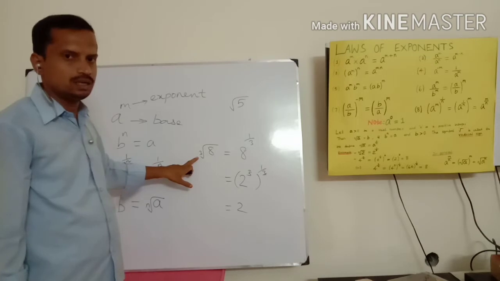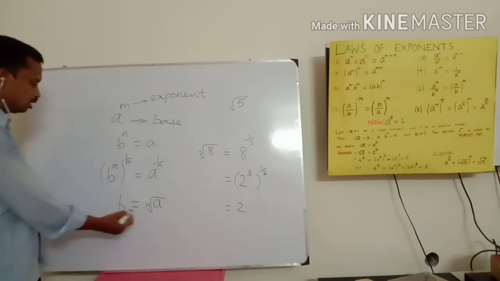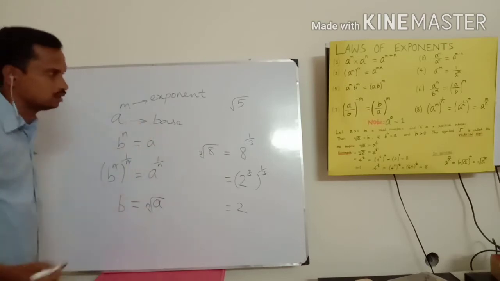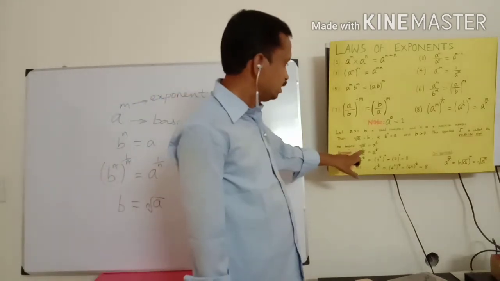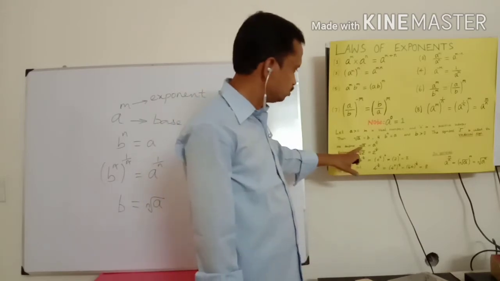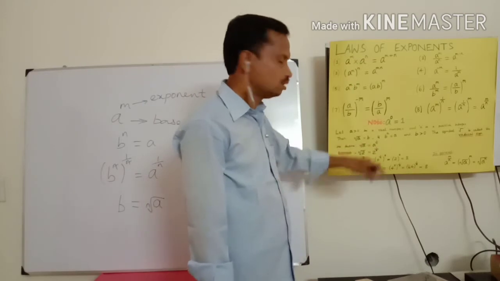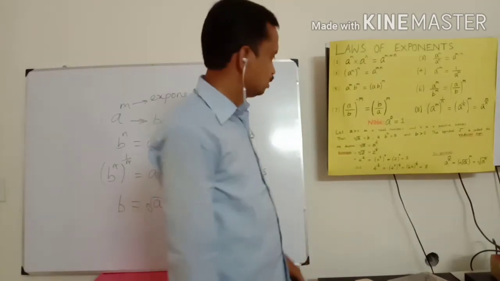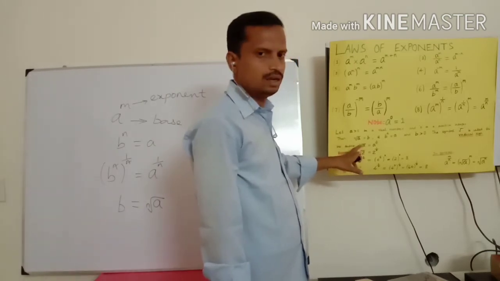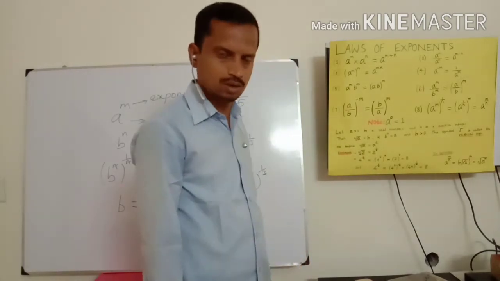If you put 3, that is cube root of 8. So like that, nth root of a equal to b. Like that, the definition is there. We define nth root of a equal to a power 1 by n. If you put 3, then here we get 1 by 3. If it is 5, you get 1 by 5. And if it is any number, that is generally n, nth root of a is equal to a power 1 by n. Now it is clear?